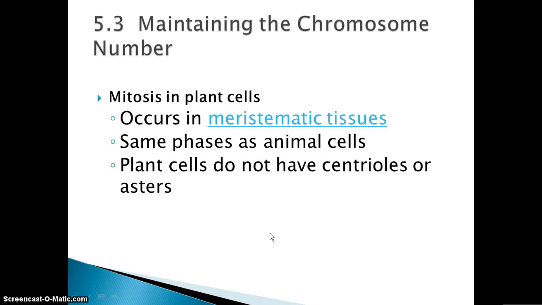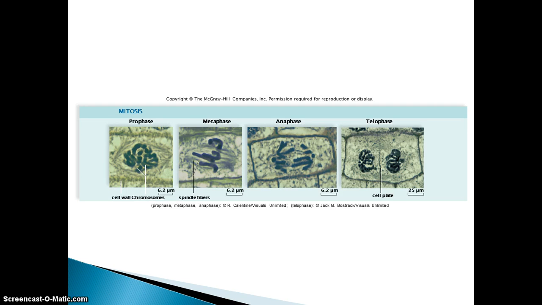Okay, they have the same phases as animal cells, and plant cells do not have centrioles or asters. Okay, this is the picture from your book. You can see the cell wall and you can see the spindle fibers. They're still not 100% sure about the formation of spindle fibers. That's one of the areas of research, and so this part is confusing to me, but you just need to